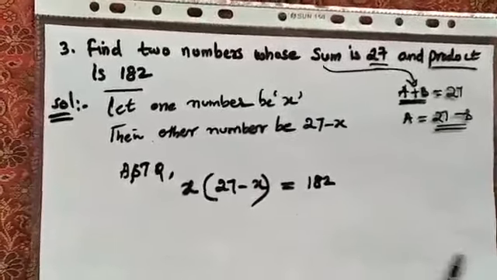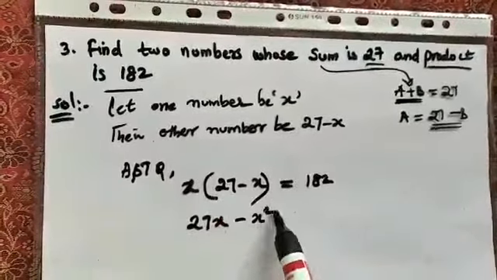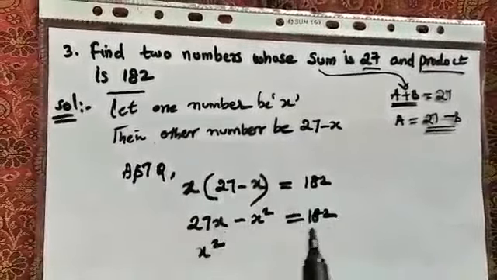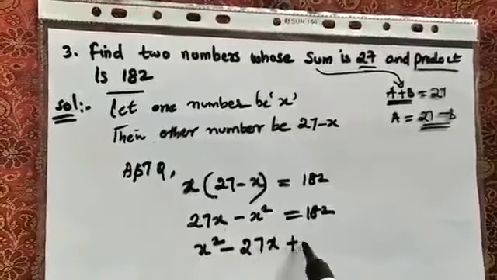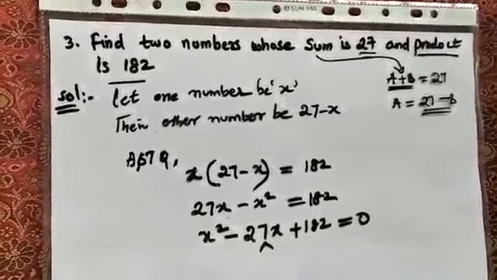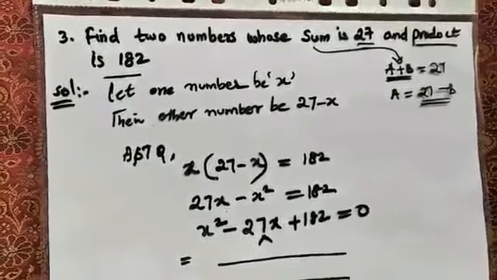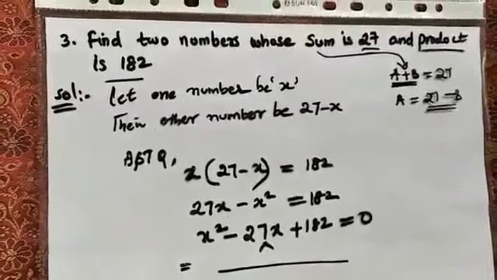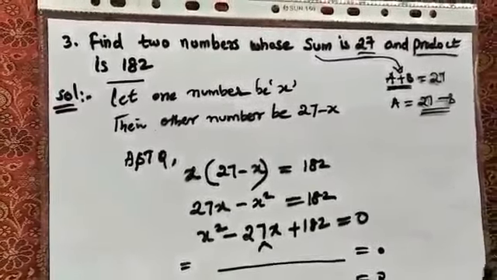Okay. So when we multiply, you will get 27 into x, 27x, minus x into x, x square, equals 182. And again it has become a quadratic equation. I am transposing everything to one side to make my x square positive: x square minus 27x, and this remains here only, its sign was plus, plus 182 equals 0. Now you factorize using splitting the middle term. I am giving you the answer, the factors could be x minus 13 into x minus 14, you should get, right? So please do the factorization. I am giving you an open hint, you just have to work out how to do it.